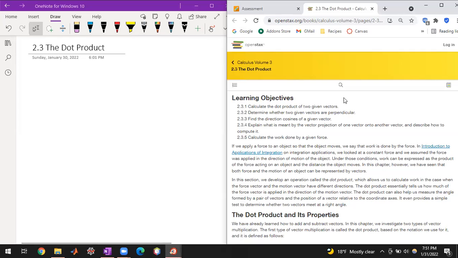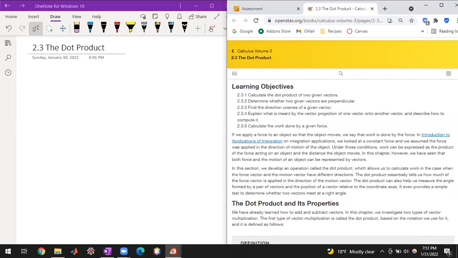All right, so let's tackle the dot product. If we apply a force to an object so that the object moves, we see that the work is being done by the force. In the chapter Introductions to Applications of Integration in Volume 2, Calc 2, the textbook, on integration application, we looked